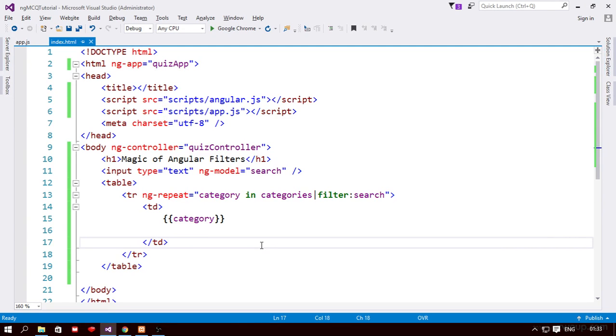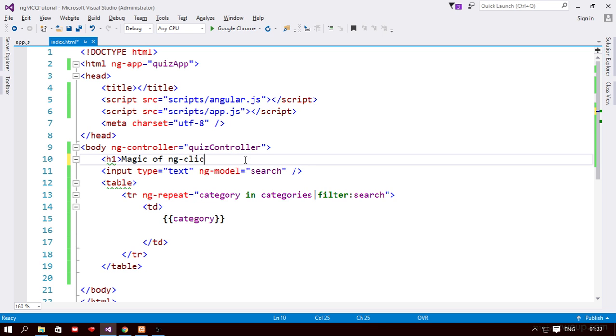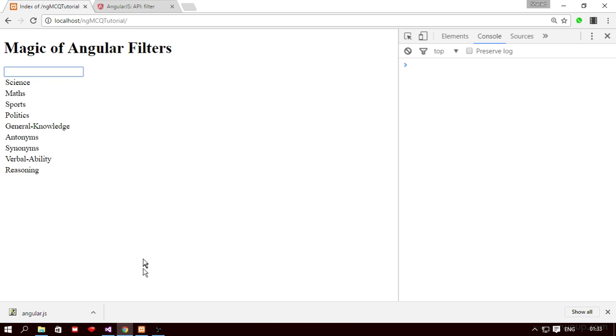AngularJS. We will be talking about ng-submit and ng-click. So let me change the title here. Magic of, let's say, ng-click and ng-submit. Alright, so now what we want to do is include the functionality of dynamically adding